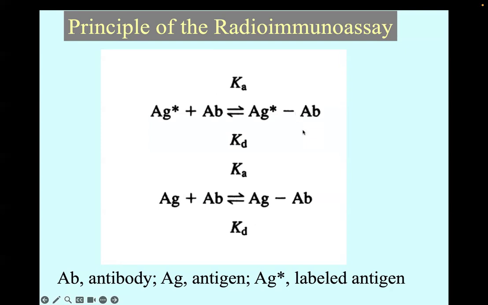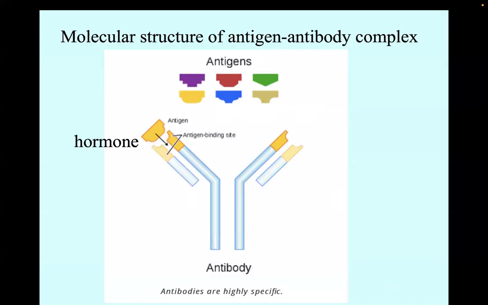But if you add plasma samples which have no radioactivity, now when it reassociates, it has a good chance of associating with an antigen, a hormone that is not labeled. So now that is a difference. And because you know the specific activity, you can quantify it. And that's how you can begin to now quantify blood samples, and that opens up